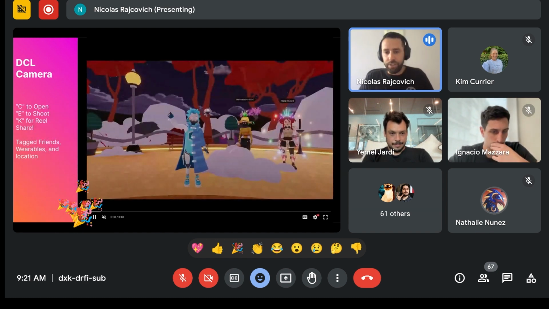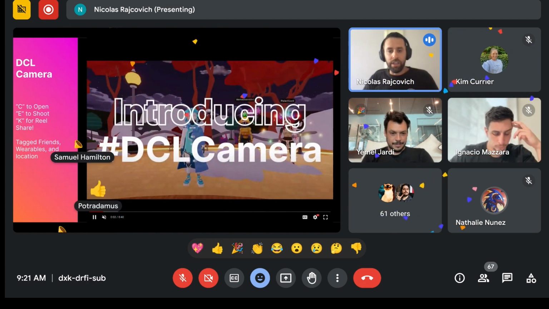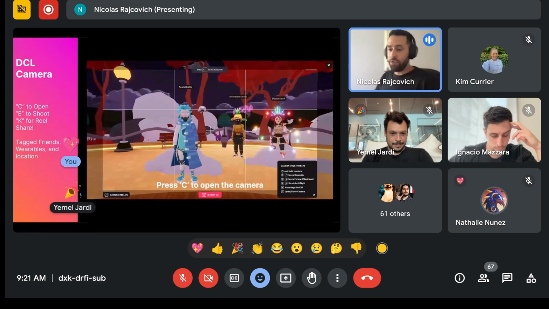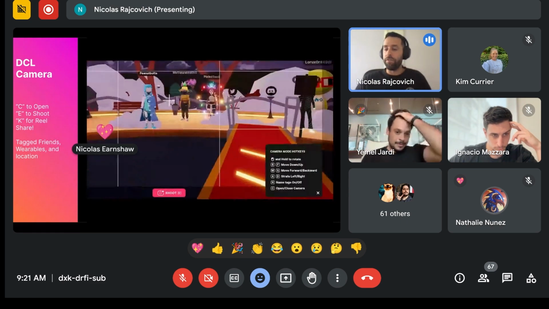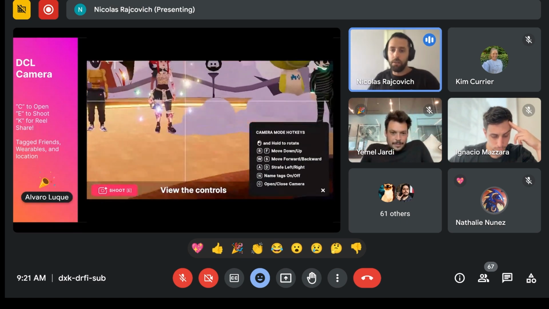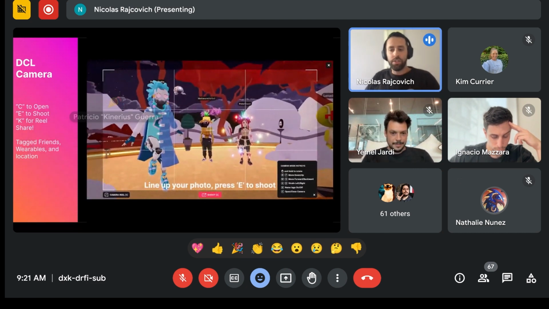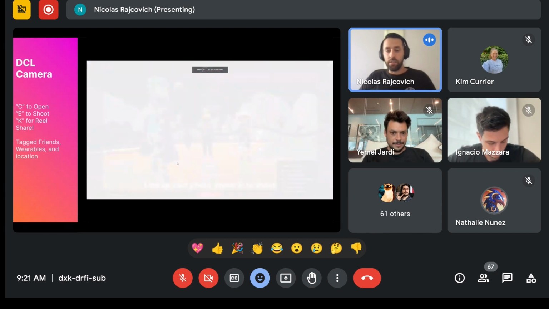Another cool feature that we all know by now, I guess, is the camera. Just click C to open the camera, E to shoot, and K4 to see the reel. You can move the camera freely, as you can see here in the video, and take pictures. Some people are also using this to make videos.